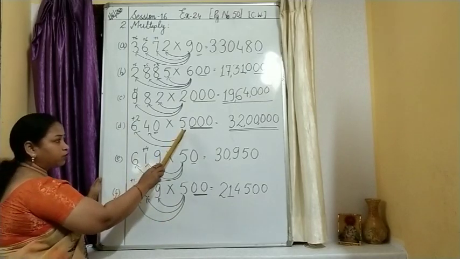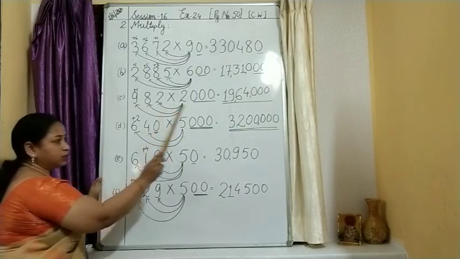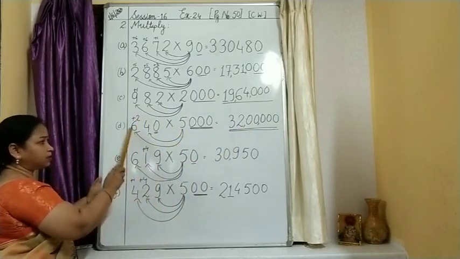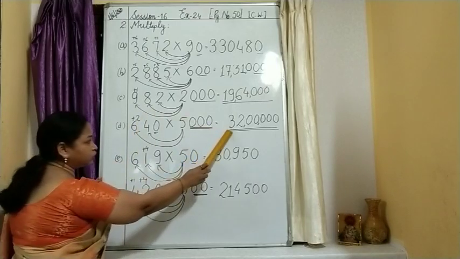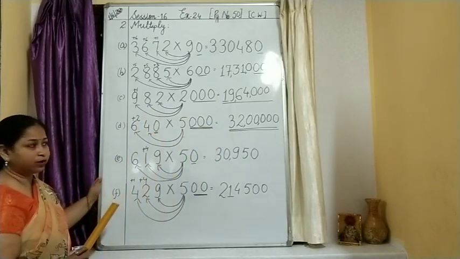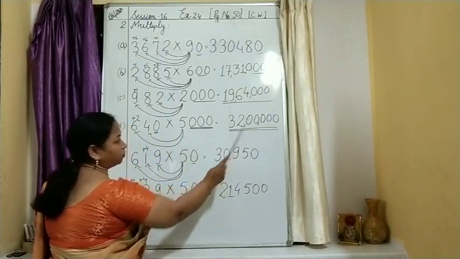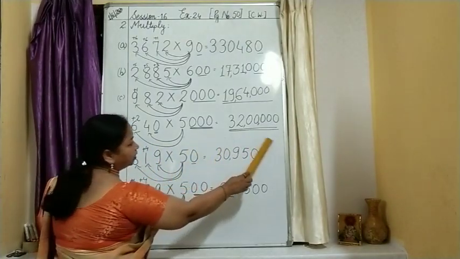What we will do, 5 fours are 20, I will write it, then plus 2 over here, 5 6s are 30 plus 2, 32. How many zeros are there to be written? 4 zeros, right? We will start writing 1, 2, 3, 4, and then we get our answer.